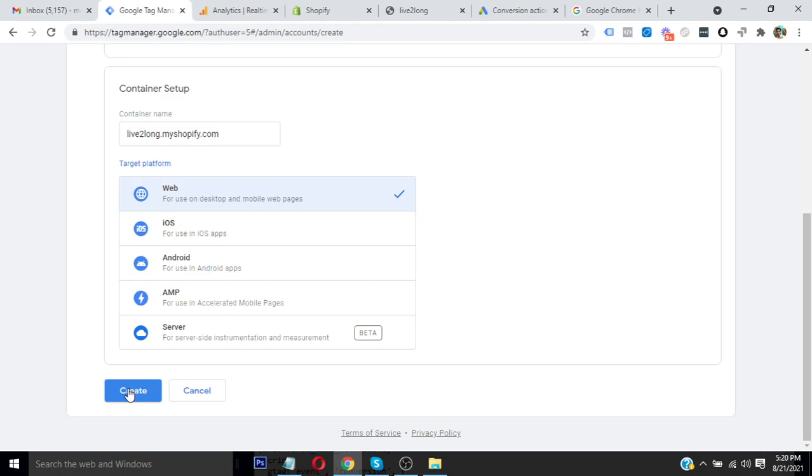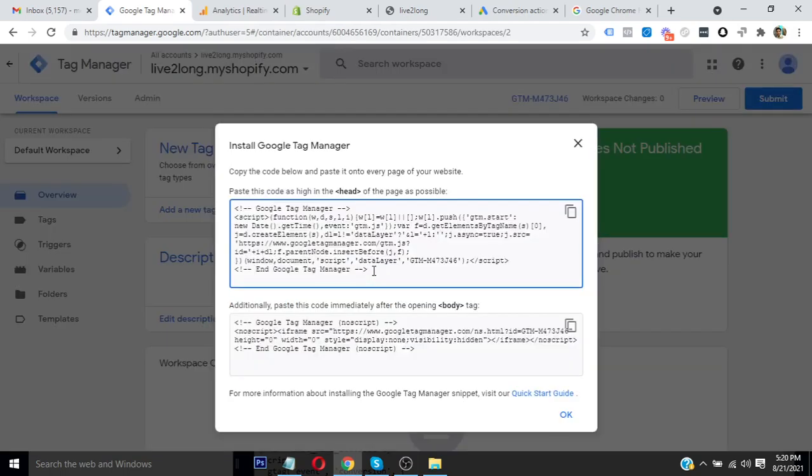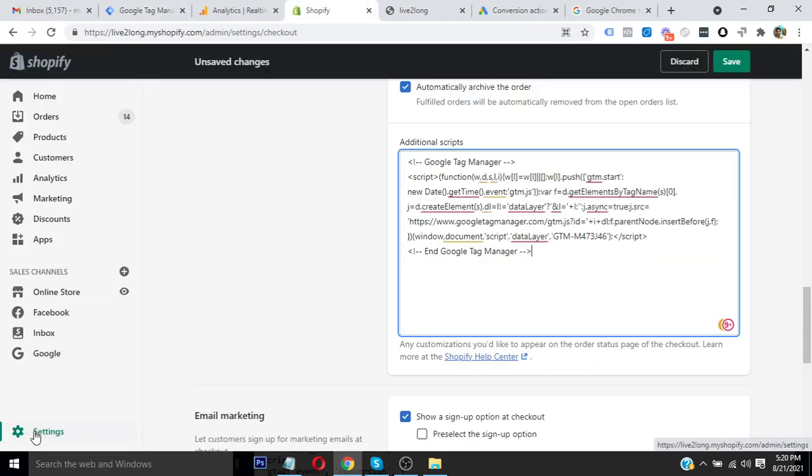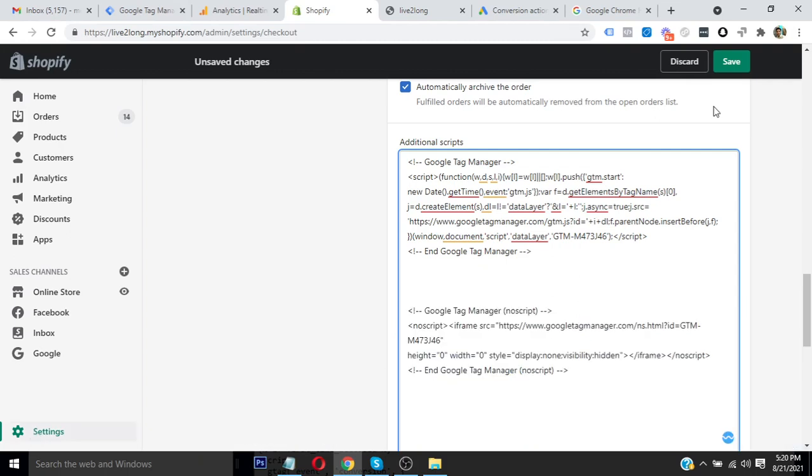So they have provided us code. Now we have to place it on the website. So let's place these two pieces of code in the Additional Scripts, which we can do by going to the Settings option and selecting the Checkout option, then Additional Scripts, and we will place the second piece of code here. Just copy this, place this and save this. So this is the thank you page script.